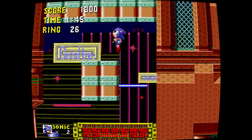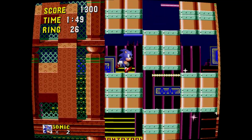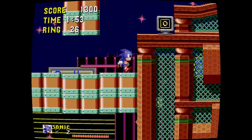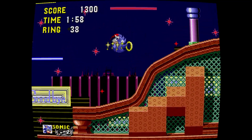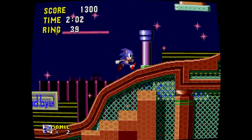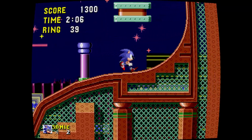What was that noise? There was an extra noise there that I don't recognise from the final game. Oh, these sparkling things are in the foreground. Okay, so this zone was renamed Spring Yard Zone. The prototype version seems to be sparkling. It's got quite neat little sparkling... Oh, don't... Right. Yeah, that is a slightly messier...